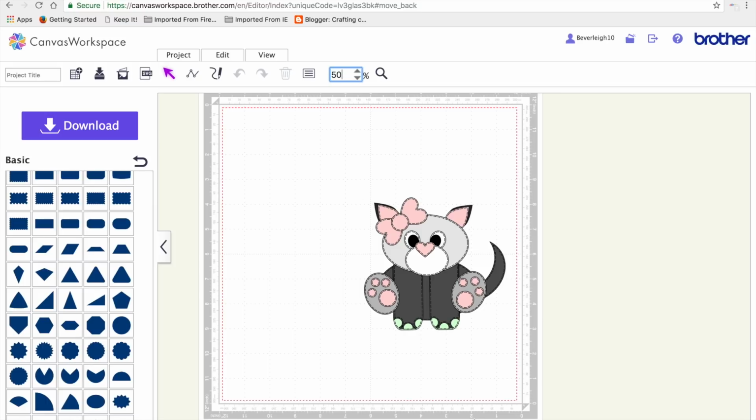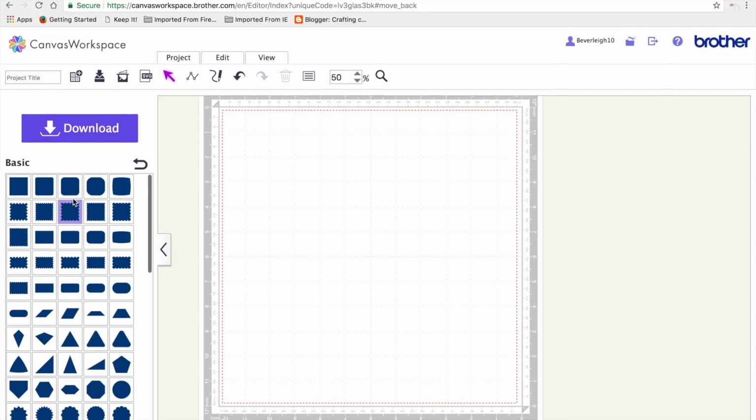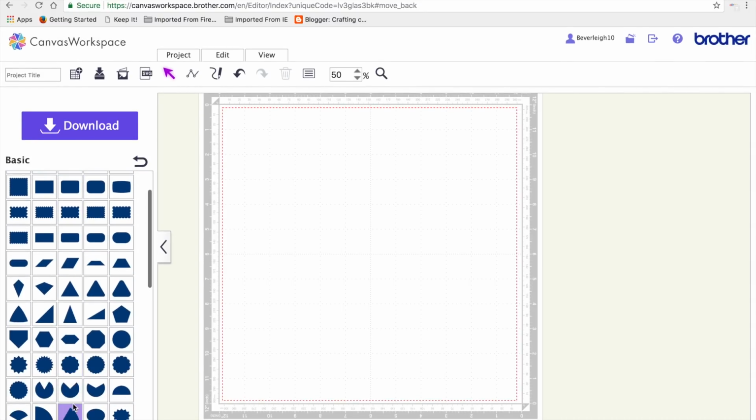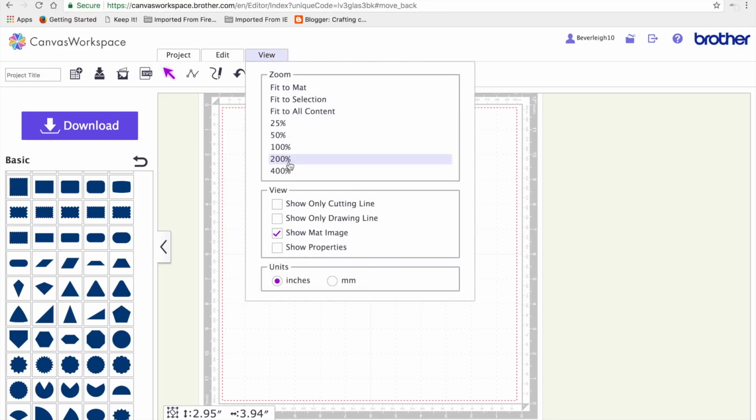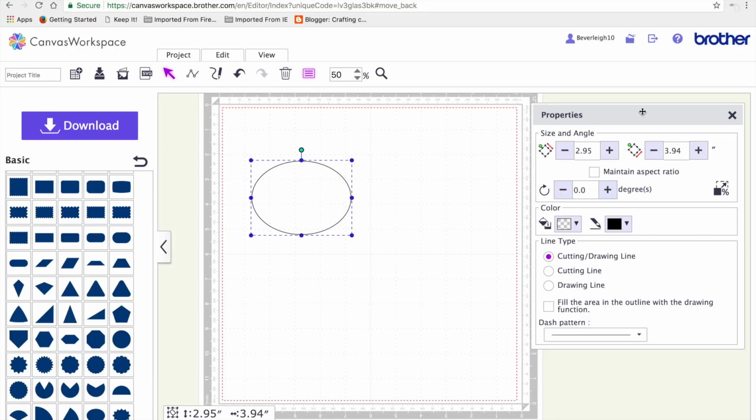The Critter card series. And today's critter, as you can see, is a cat. That's the file we're going to be creating from the shapes in the basic shape library. The main one we're going to use is an oval, so I'm going to select the oval and put it onto the mat. I'm going to go to Show Properties and I'm going to resize the oval to